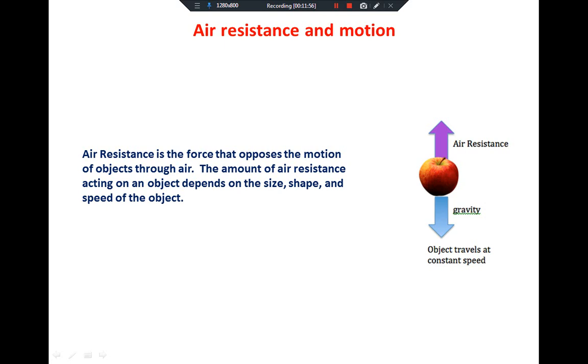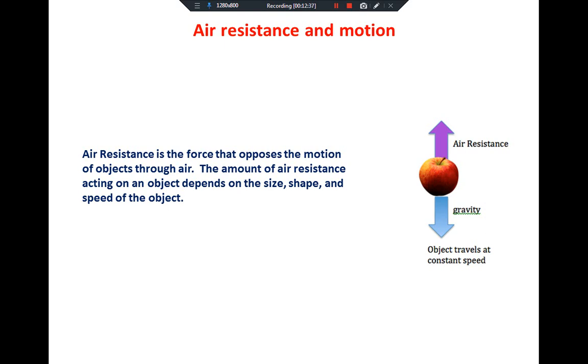Why? Because air resistance is the force that opposes the motion of objects through air. We said that air is made up of different gases, and those gases will actually produce air resistance. Therefore, the size, the shape, and the speed of the object will definitely affect the object that's falling. Okay, so I will be uploading a video with this explanation of air resistance, which shows how